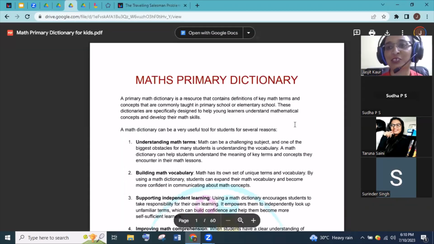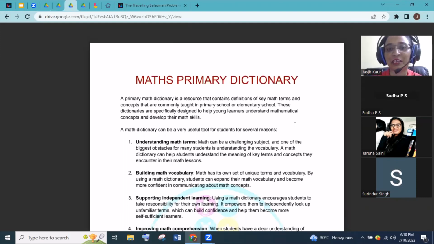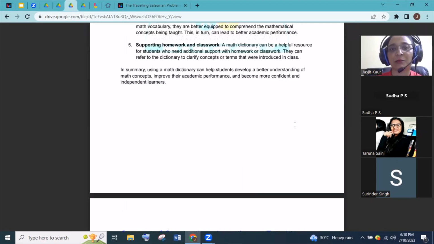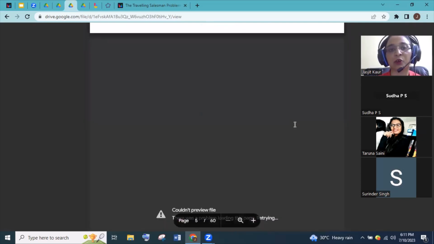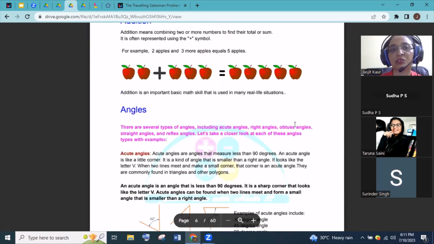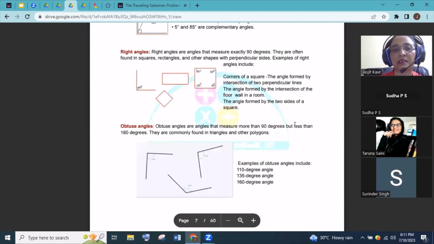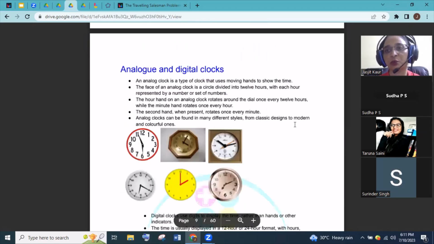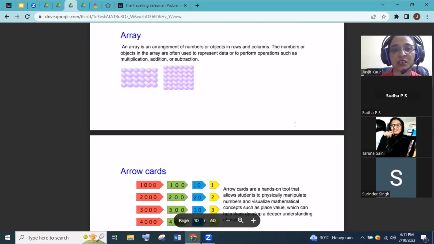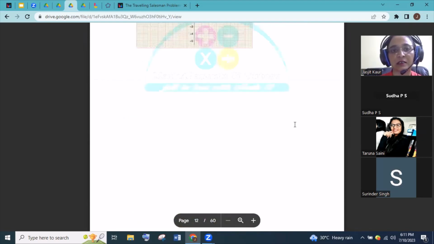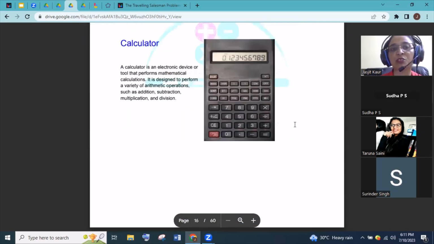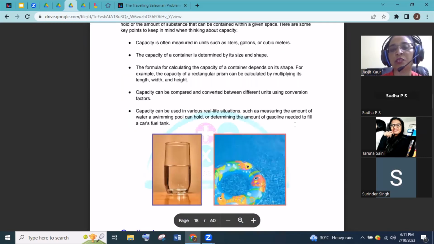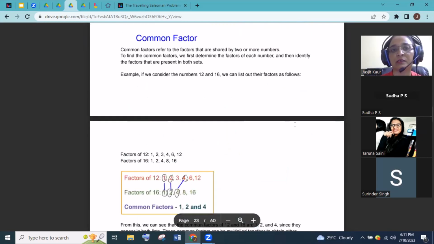This is the primary dictionary I have created for the students. There are more than 100 terminologies in which the students can understand. If anyone wants to purchase the course, please message me. I'll help you in that. From A to Z, you get more than 100 terminologies.